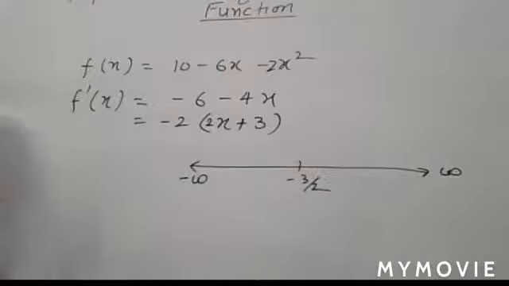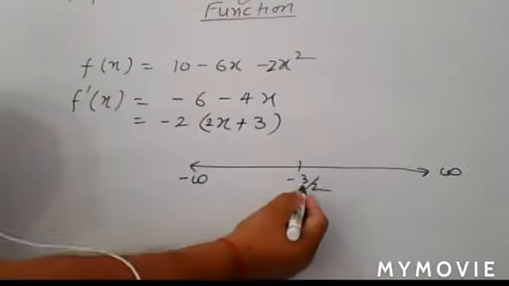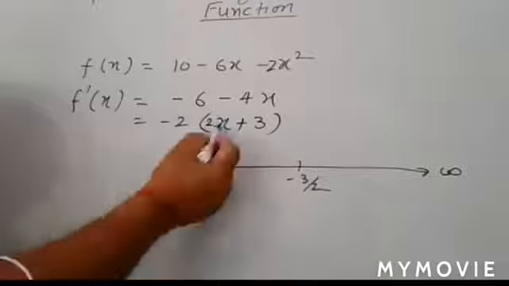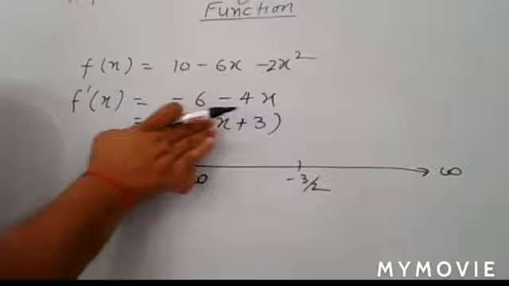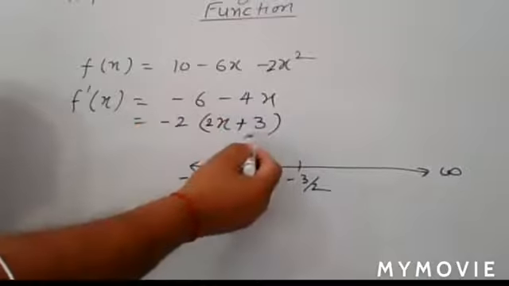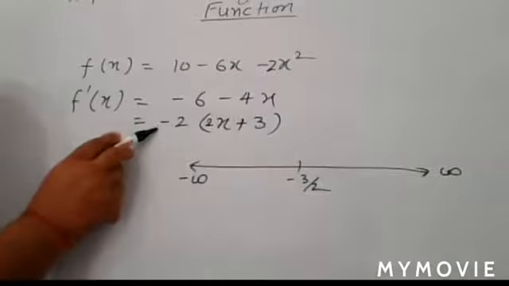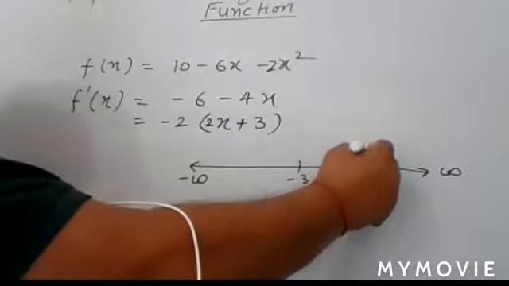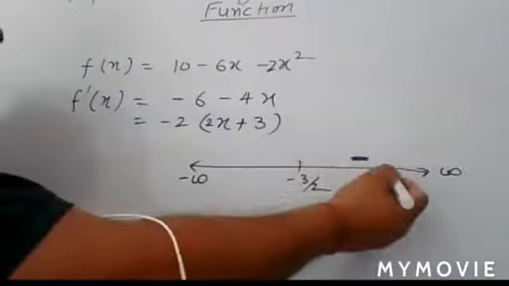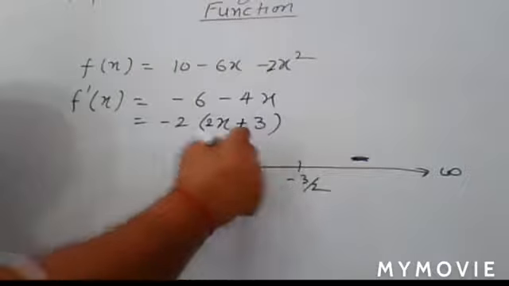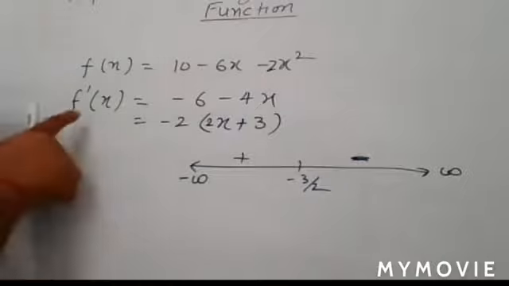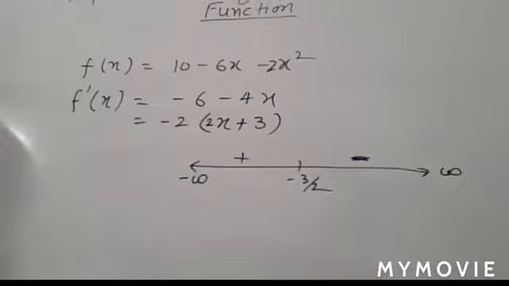Yes, sir. Okay, just see here. If you take any value of x greater than minus 3 by 2, then the value of the factor is positive, but here you also have a negative value. Due to that, here you have a negative region. If you have negative in the extreme right, you change alternately, so here you have positive. You only have to check the sign of one region for the value of f dash x. Did you understand this?